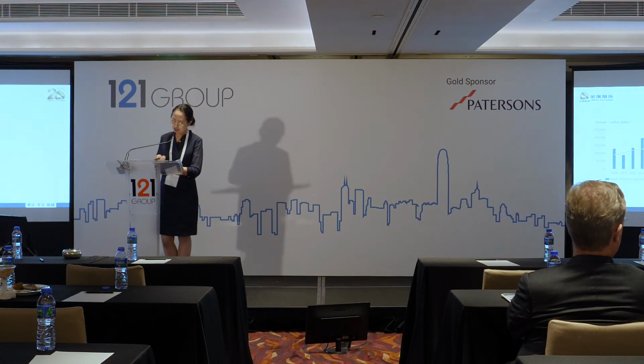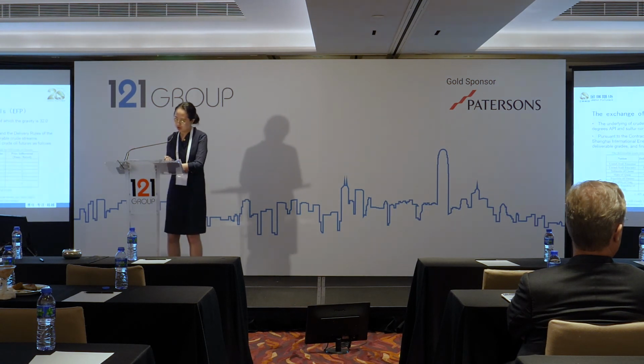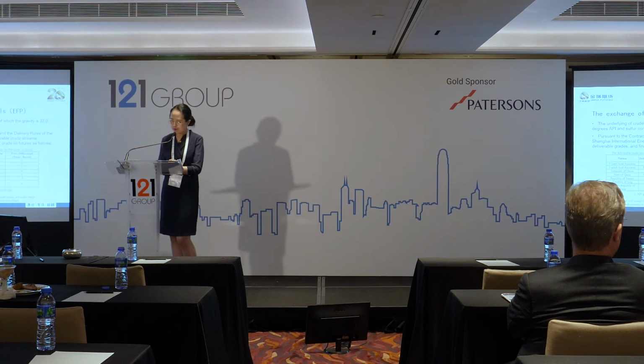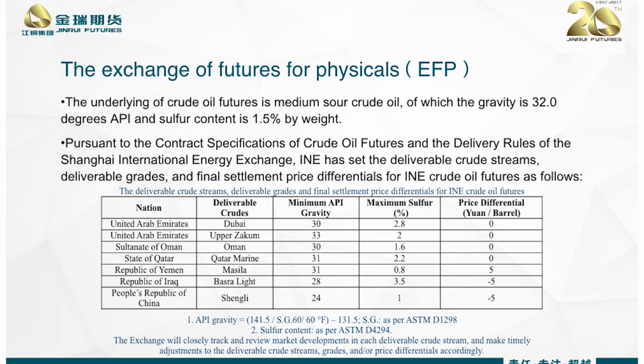Finally, China is the world's biggest consumer of raw materials, and now we face an opportunity to become the global price-setting center for commodities. So China will make use of experience in the crude oil market, with iron ore and natural rubber on the way,